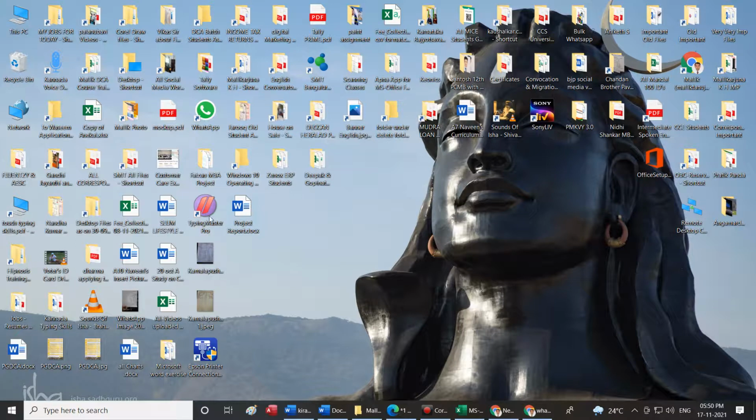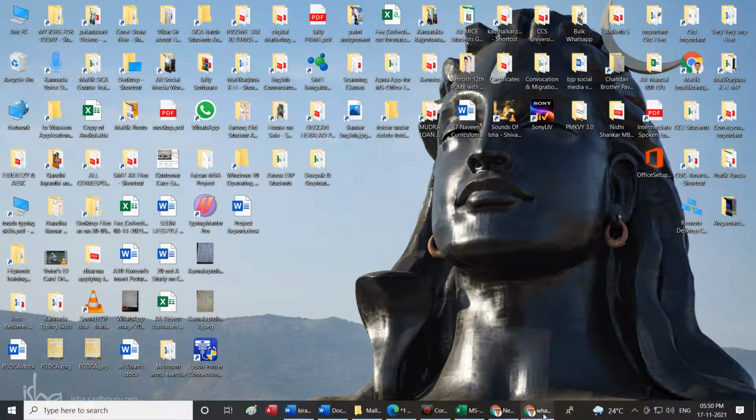This is a graphical representation of an application shortcut, because there is an arrow mark like this. This is a folder. And this is a graphical representation of an application shortcut. Like that, all appear in the form of graphics. These are called icons.